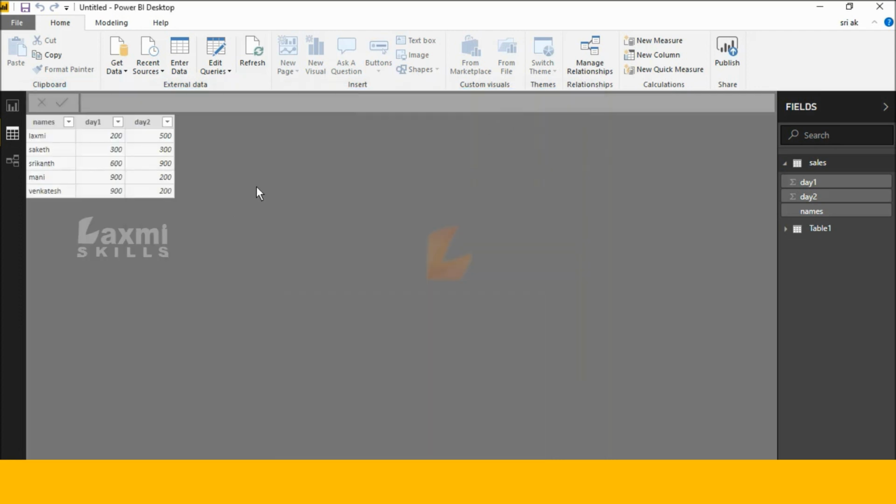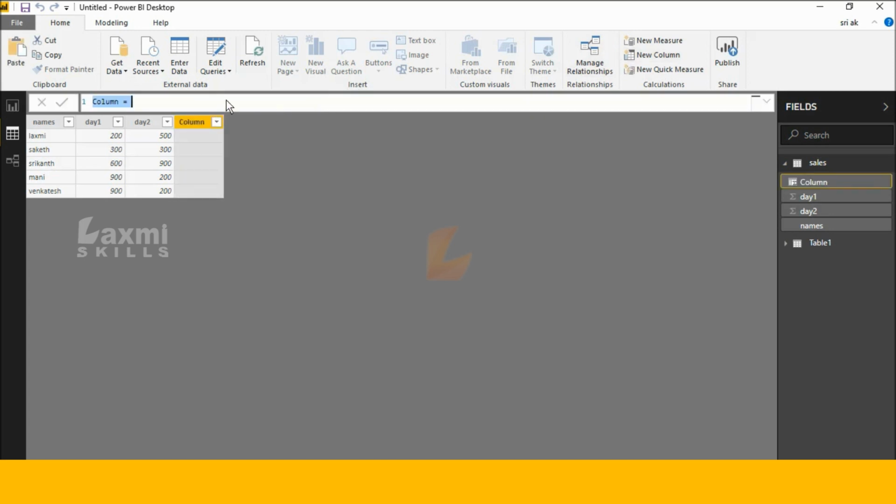See this here, I've already prepared some data, and next I'm clicking New Column. I'm typing my column name, is text. Okay, ISTEXT checks whether a value is text, and it returns true or false. Now I'm adding my Day 1, next Sales and Day 1, and close this parenthesis. Okay,